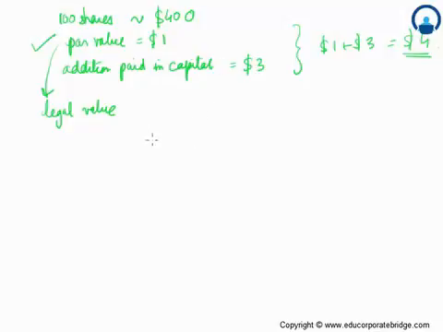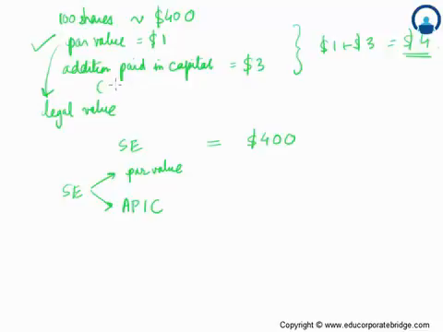two parts. So say for example, the shareholders equity section would represent the $400 that was raised by the firm. So this shareholders equity will be divided into two parts. One, par value, and the second one is called additional paid in capital, APIC. So here the par value would be, there were 100 shares,